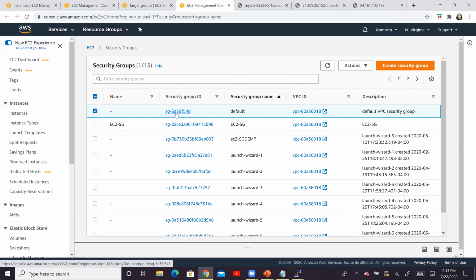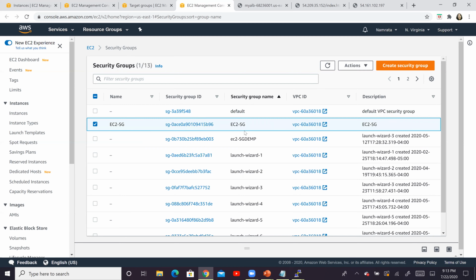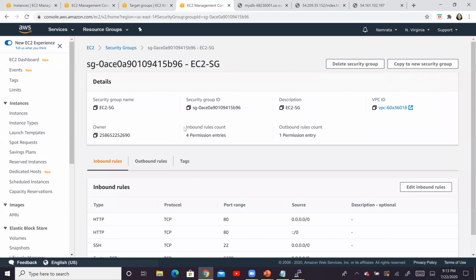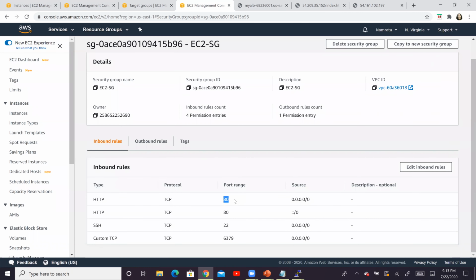It's an HTTP port. And this is my security group for my EC2 SG. For this one, I have port 80 as well as 22 open. You could potentially have some other ports open as well, but you don't need them. What you need is only 80 and 22: 80 because it's a web server, and 22 because I had to SSH and create that HTML file.